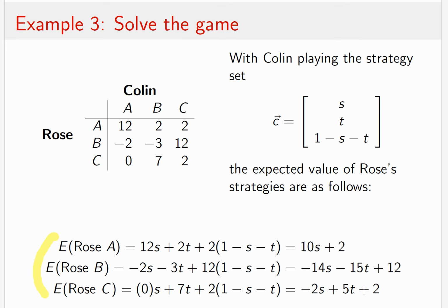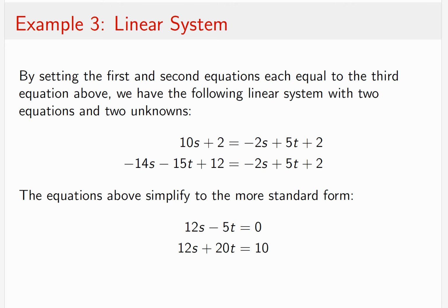Again, you may need to pause the video to catch up on the arithmetic and algebra here in example 3. But the linear system we're creating, the ones I chose, I set the first and second equations equal to the third. Okay, and you see that right here, the first equation, and there's the second equation, and here's the third equation. It's identical in both linear systems. So now I'm simplifying, and you'll notice that I start by adding 2s to both sides in the top equation and get 12s. And then I want to subtract 5t from both sides, and then I want to subtract 2 from both sides,